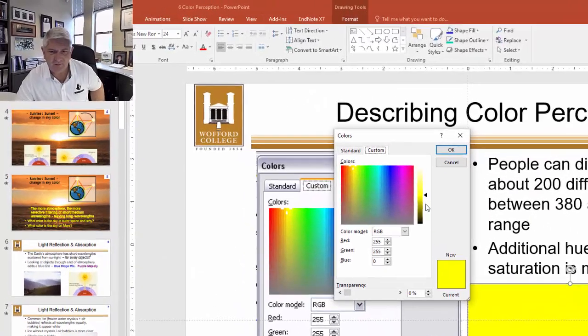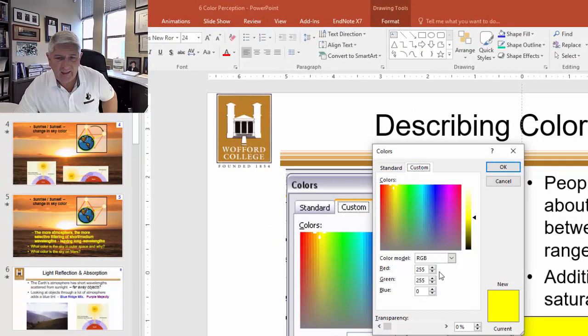And so here you could see as I change the red, so here we have equal amounts of red and green. That makes yellow, right? And in fact, what if I make this 150 and I make this 150, right? We get the same yellow, but now it's not as bright, right? So I'm going to put this back to the brightest it will get,